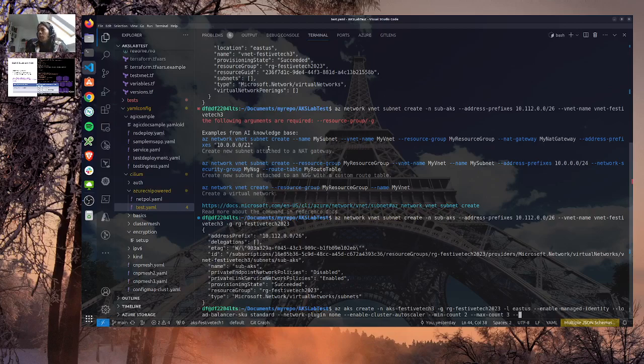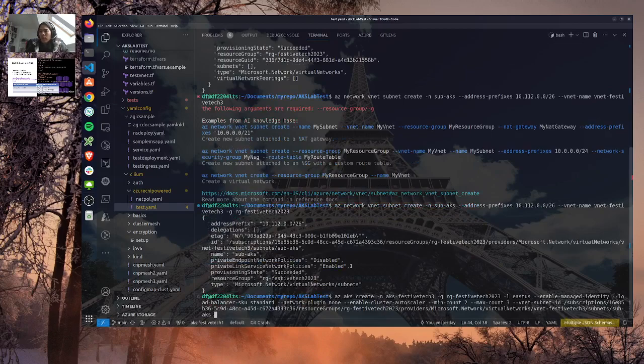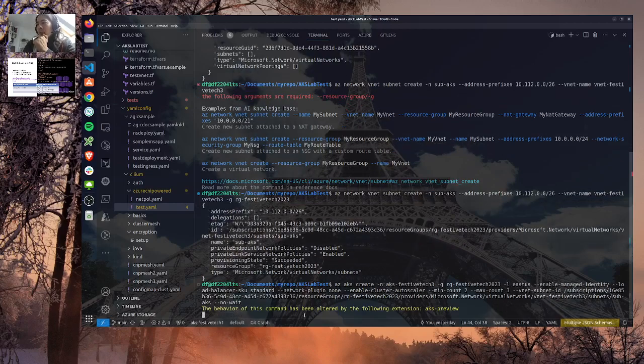The VNet subnet ID, which is nice because I just have it here. Let's check that. What did I write? It seems to be okay. I specified that I want to use network plugin none, specified the network, so we should be good to go. Okay, so let's hit enter.